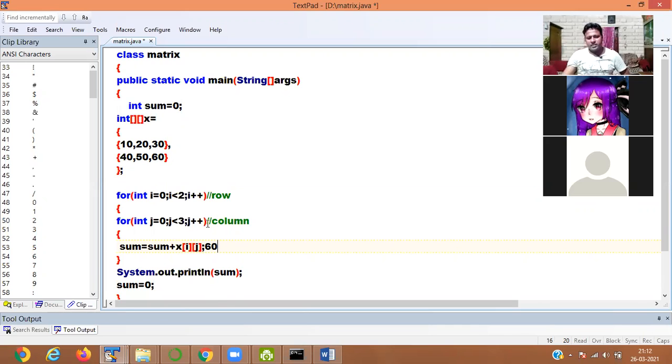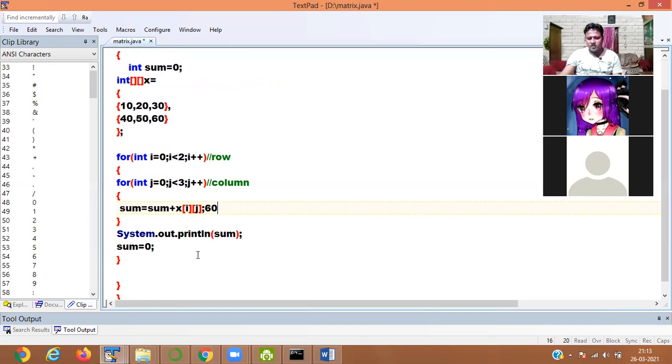J value is incremented to 3. 3 is less than 3? Condition is now false. 3 is not less than 3. So when condition is false, it comes out of the loop and it is showing you 60. Now sum becomes 0. Sum is again converted to 0.